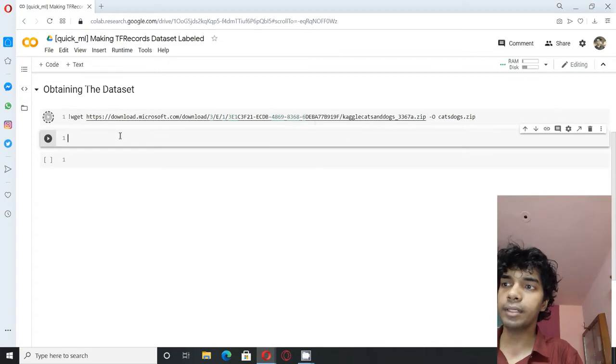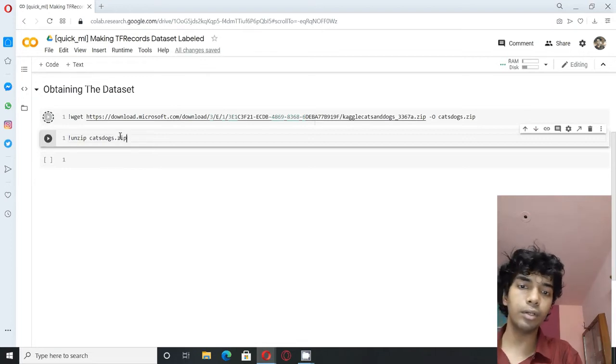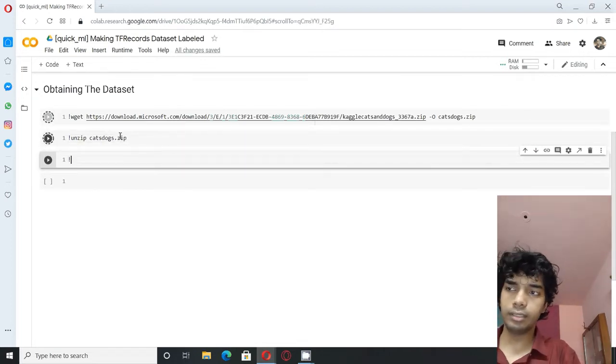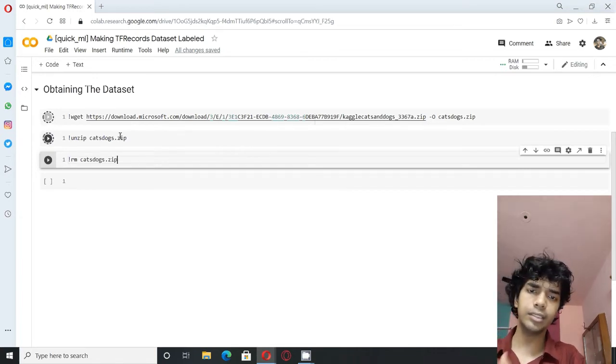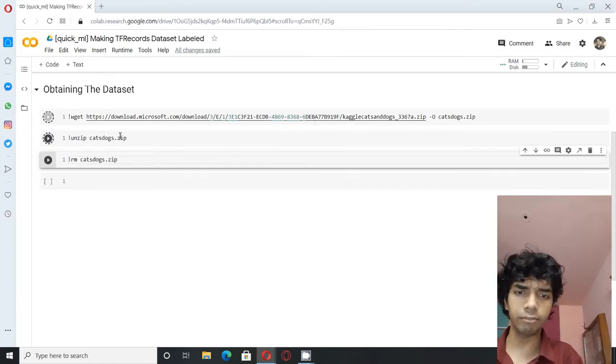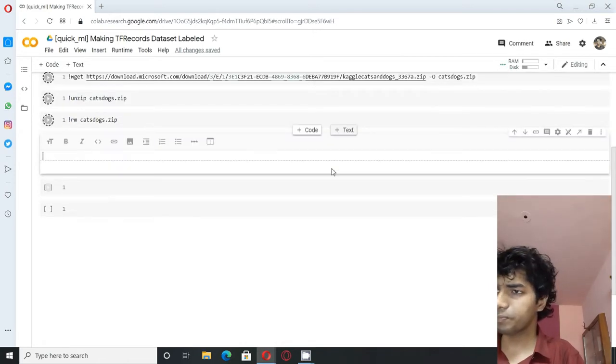After naming, you would need to unzip the cats dogs zip folder to access the dataset. And it's a good practice to delete the zip file after you're done with the unzipping, because that's just a zipped replica of the unzipped folder, and then you're good to go.